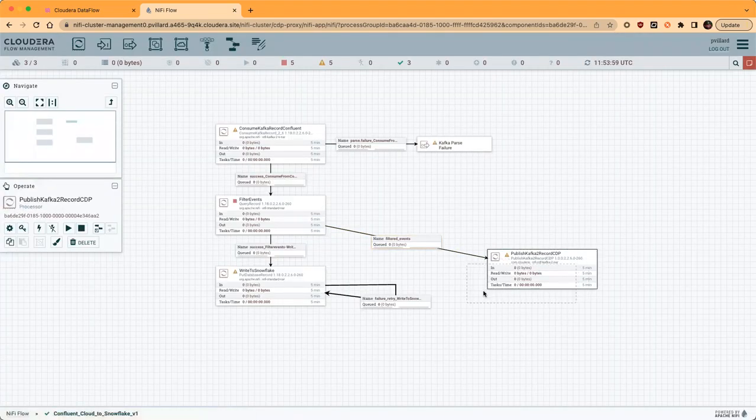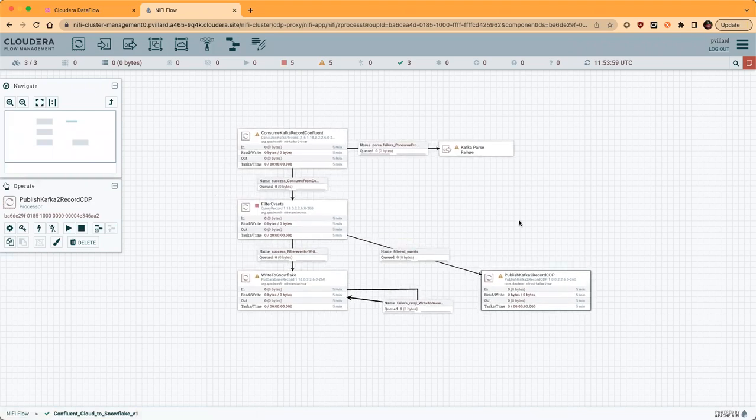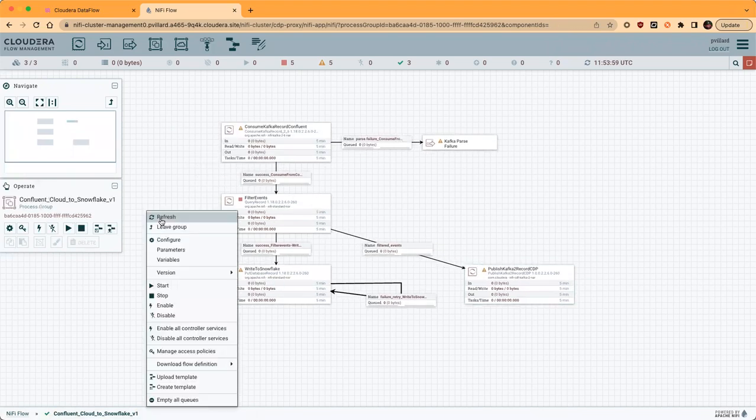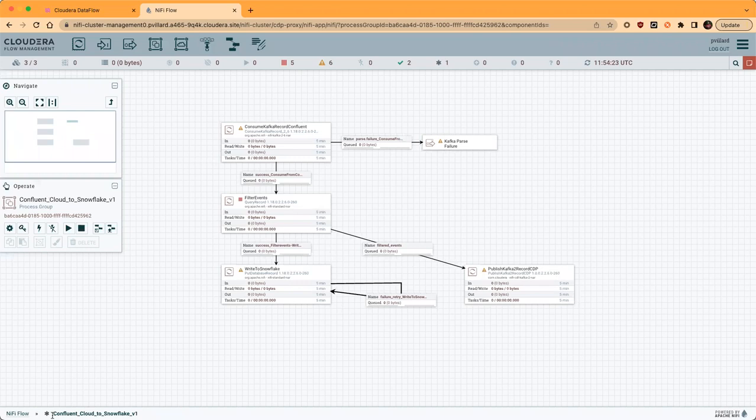Okay, so that would be my version 2 of my flow, where I consume from Confluent. I do some filtering based on a SQL query, and then I send data to Snowflake and Kafka on Cloudera Data Platform. So if I do that here, we can see that this is a new version, and there is